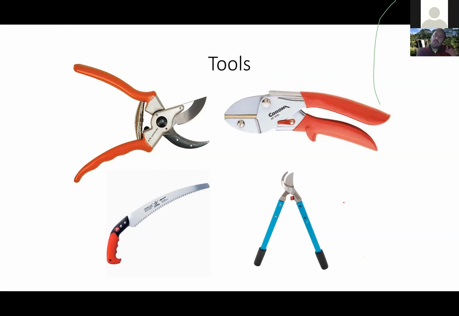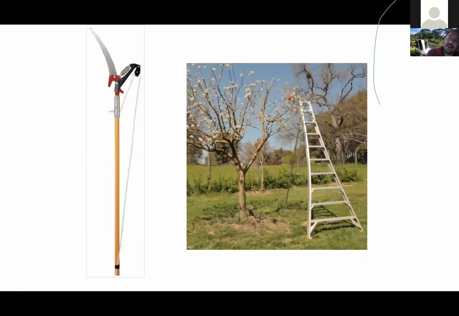Sometimes when you do pruning at higher levels up in the tree, you need to be very cautious, right? Especially if you're pruning out large branches. Heavy weights above your head, the potential for them to fall or swing and get you is high. That's a very risky situation. Never prune large branches from a ladder. The risk of swinging branches hitting your ladder is just too high. Small branches, like in this tree here, if you're doing a little work on this fruit tree-ish situation, or a small tree you're doing structural pruning, a ladder's fine for that. But if they're big branches, be very cautious about it.